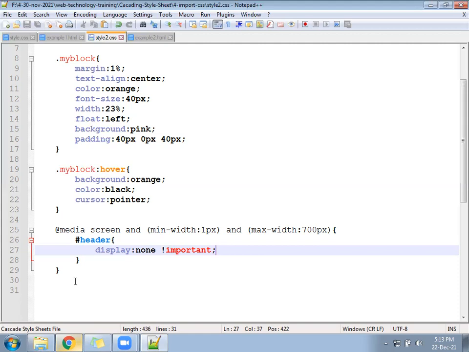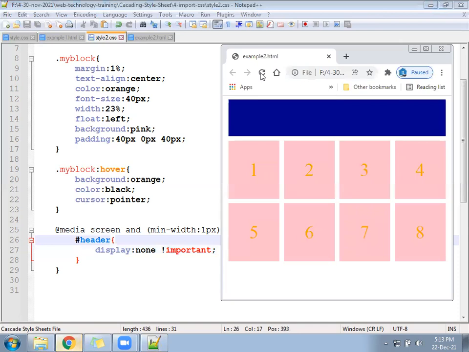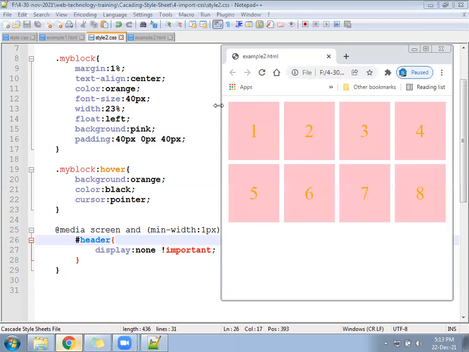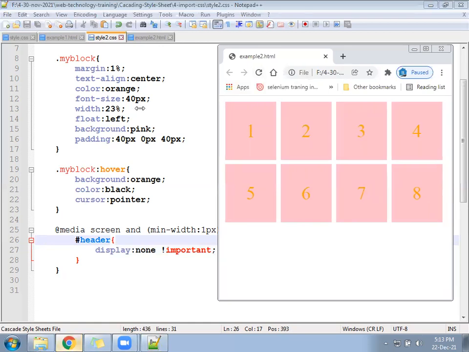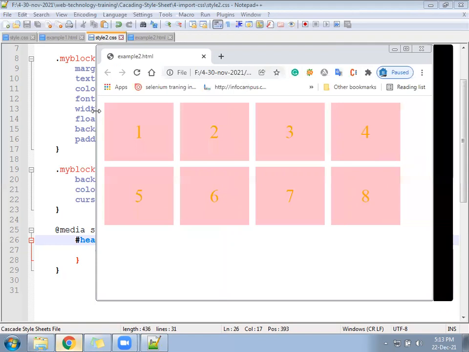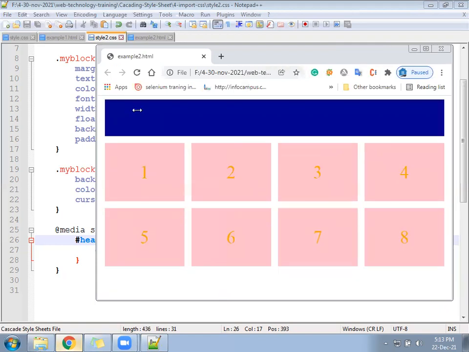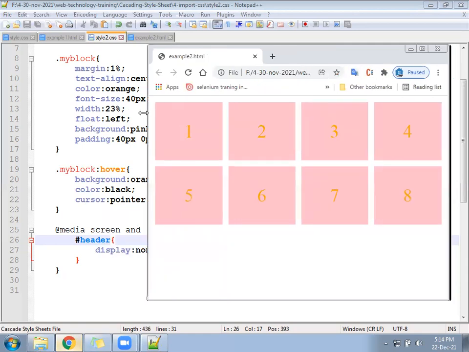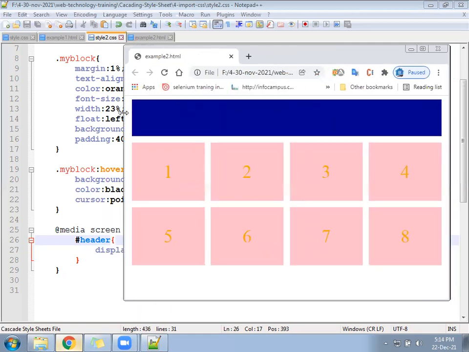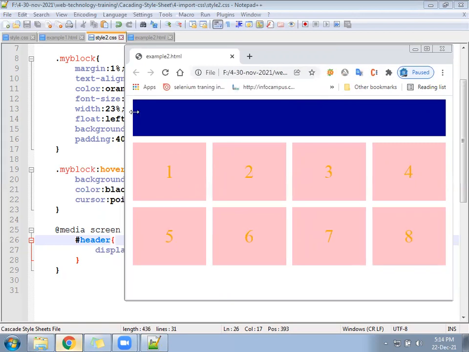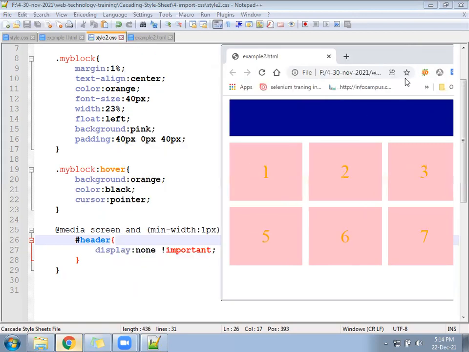Is it hiding or not? In a small device, header got hidden. In a small device, header will be hidden. Header will not display. As soon as it goes more than 700, header will appear. See, header came automatically. Once it goes smaller, header will not come. More than 700, header will appear. Less than 700, header will not appear.